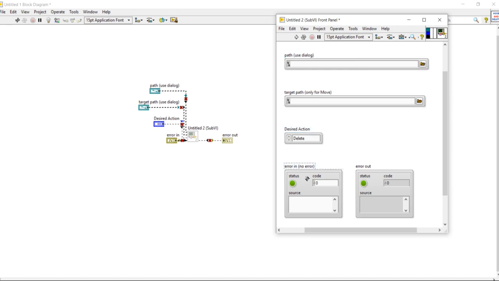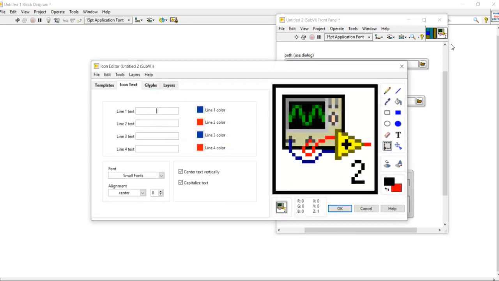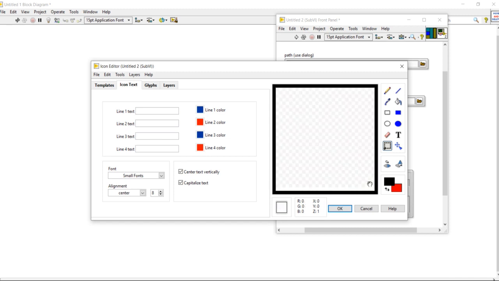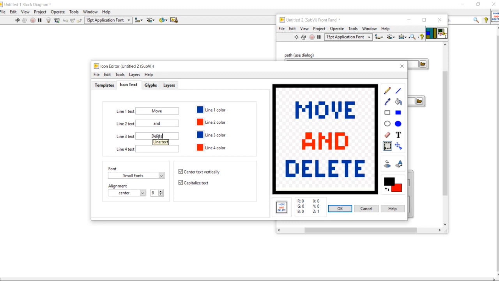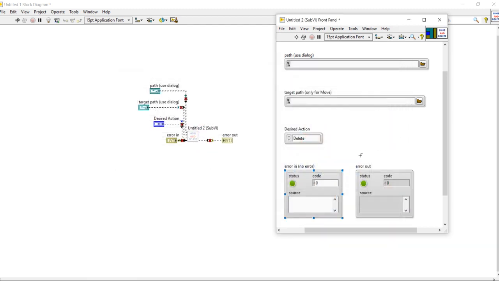You can select this one, error out, and this one. Now right click, come into the edit icon, select all, delete. Now write here move and delete, then the OK button.